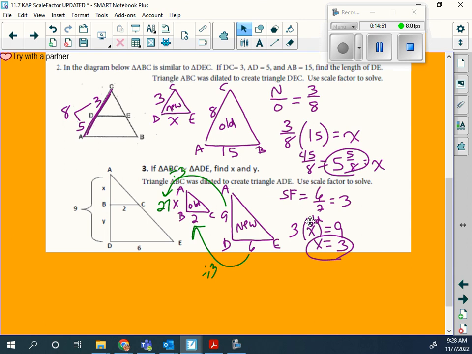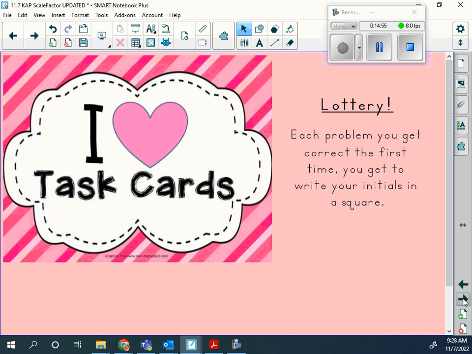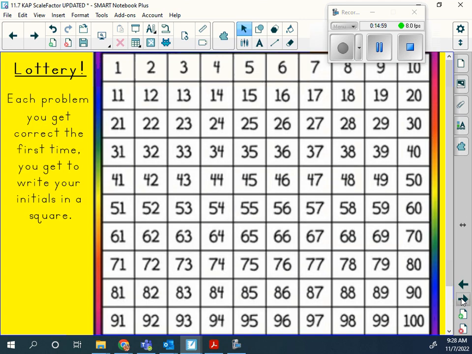Okay, so this is what I have for us. We have about 15 more minutes, okay? So I have some test cards that you don't have, and I thought we could play the lottery with those. Okay, have we done the lottery this year? I don't think, have we? I don't know. I'm going to review, I know we did last year, but I want to review the rules, okay? Guys,